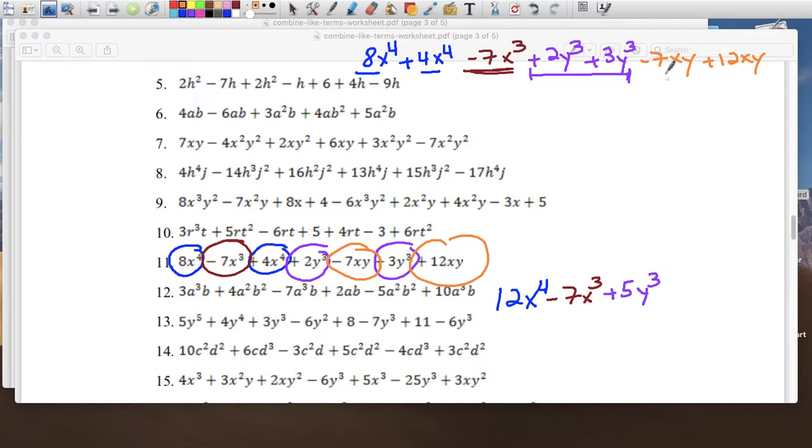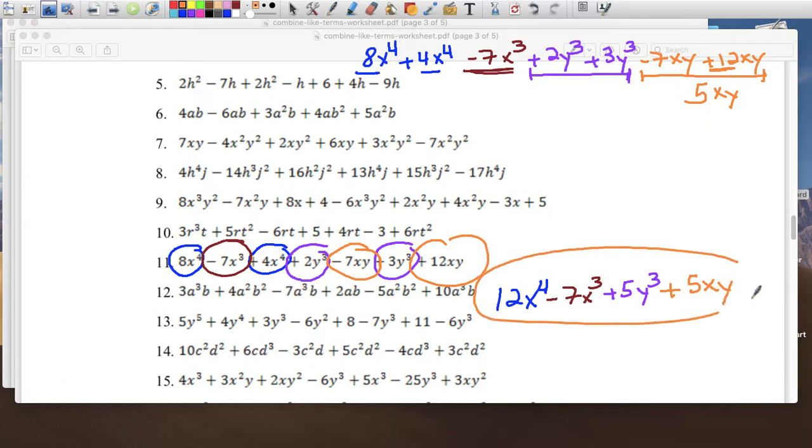And in orange, it's going to be something xy, right? So it's -7 plus 12. There's more positives, so how many more? 5 more. And that's going to be plus 5xy. So all that becomes